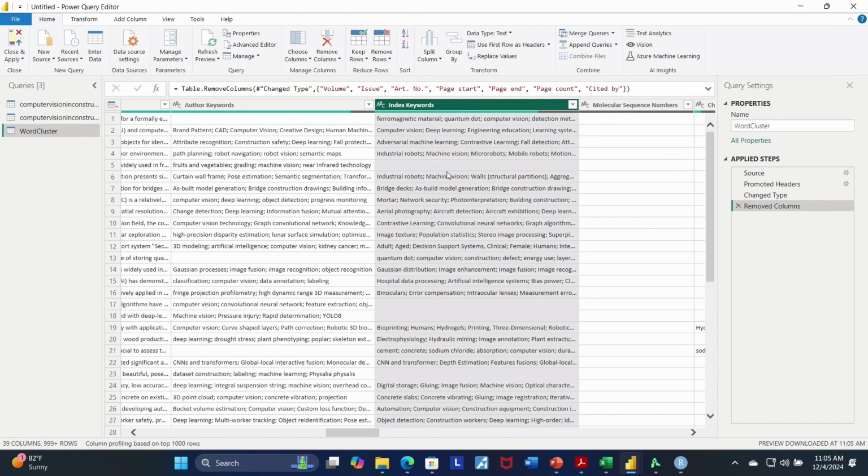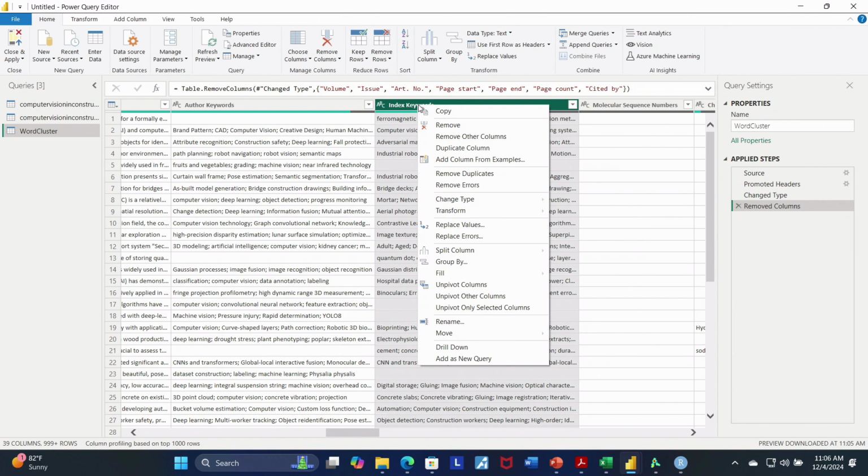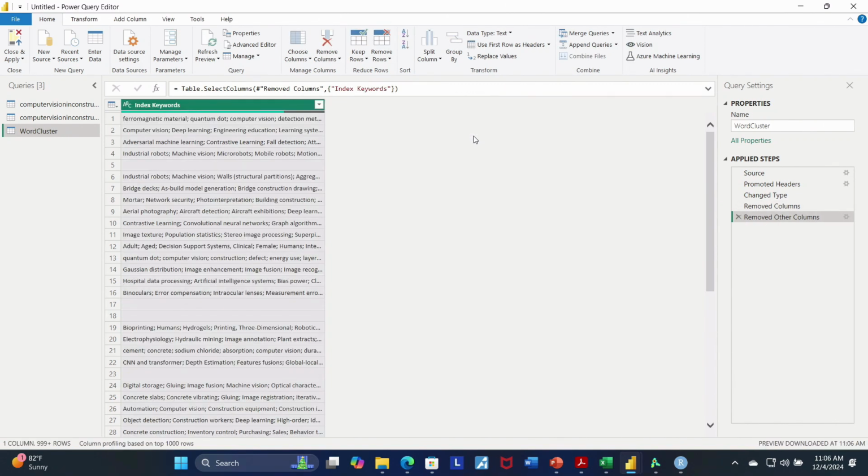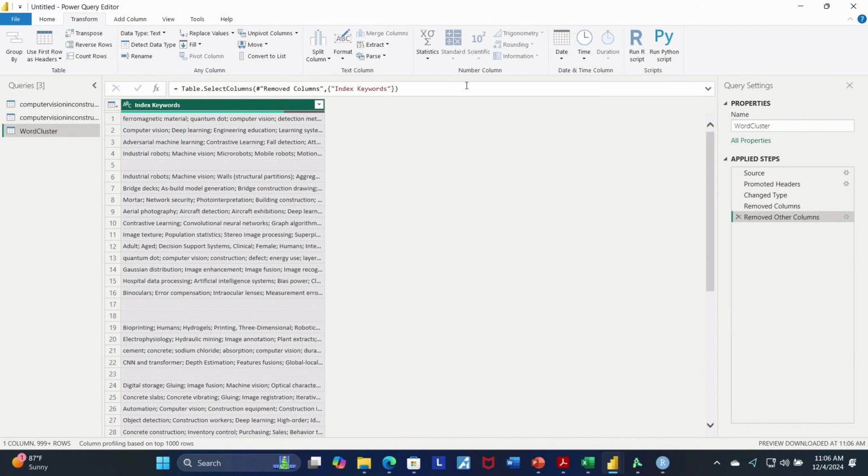So it's up to you to trade off with these judgmental cases, right? I will rely on the index keywords in that sense. So I will just remove other columns. And I have singled out my index keywords. And now I need visualization so that I can see these word clusters clearly. So what I'm going to do is I'm going to transform this into